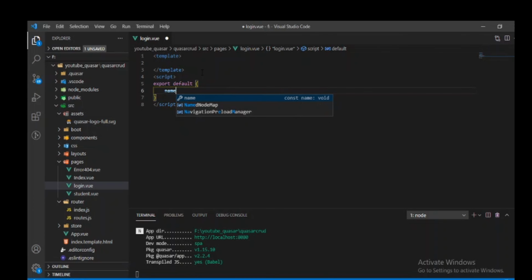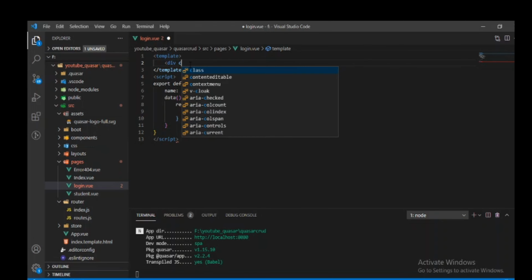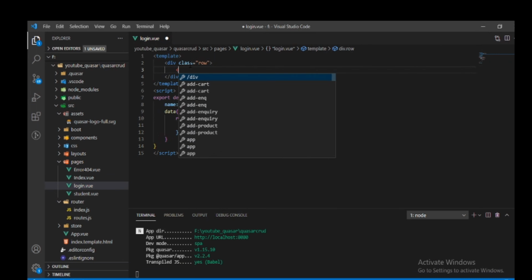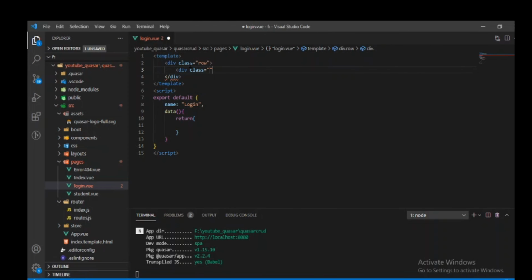We will give the name as Login, and a data method, which will return data to our template. Okay, and take a div with class row.